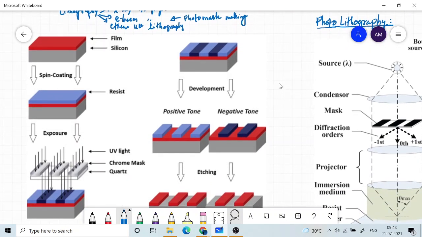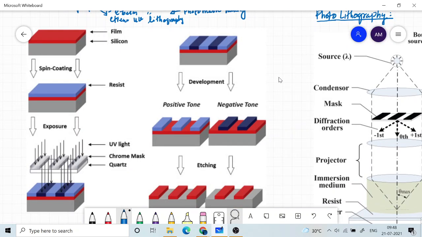Now the steps of photolithography are shown here. The first step is to coat a silicon wafer. So we need to make some pattern on a particular layer. Suppose this is a metal layer, and we need to remove the regions where metal is not supposed to be. That is there in the layout pattern. We draw a VDD rail and a ground rail, and then connect the drain of PMOS and NMOS. So these are the regions where only metal should be present, and in the other regions metal shouldn't be present.